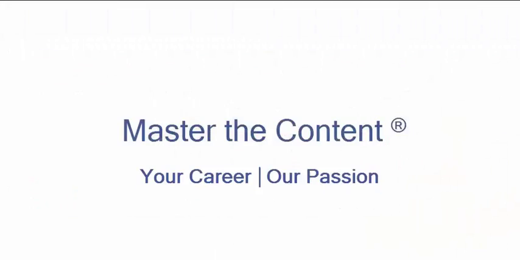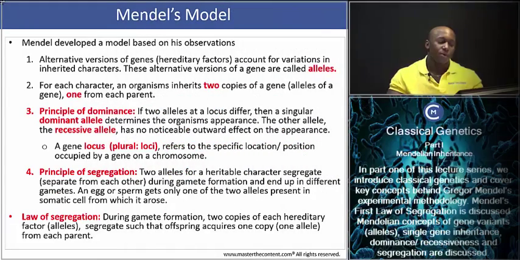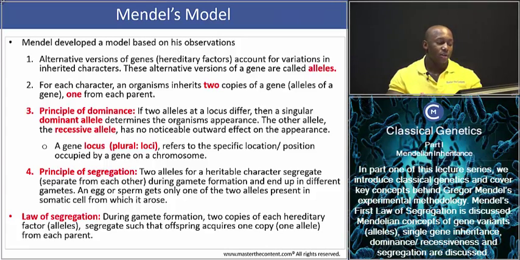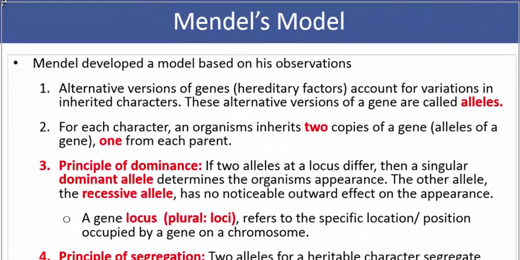Okay, so now we are moving on to examining how Mendel actually crystallized his observations into sound scientific theory. We're going to look at the model that he came up with based on his observations. There are a few key points in this model, 4 of them actually, and the first one is that